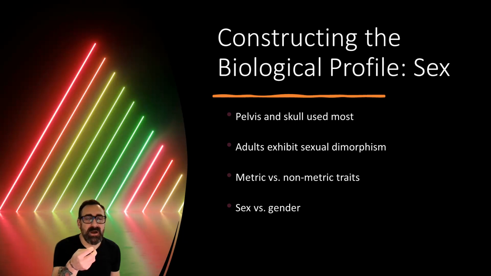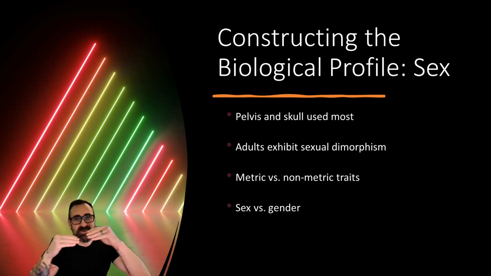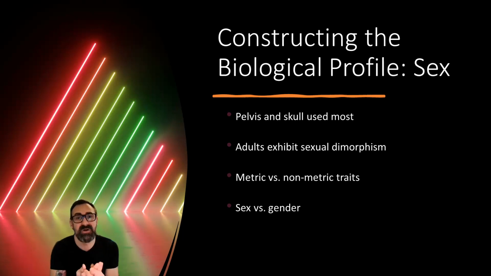So if you're doing bioarchaeology and you know that both men and women are engaging in heavy labor in horticultural fields, you may have less sexual dimorphism in some traits. If you have a society where there's a sharp distinction between what men and women do, then you may have more sexual dimorphism in the skeletal remains. Understanding that social context plays a huge role in being able to identify whether the individual is male or female, or man or woman, depending on the kinds of questions that you're asking.